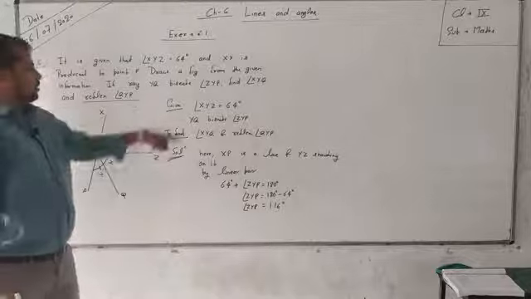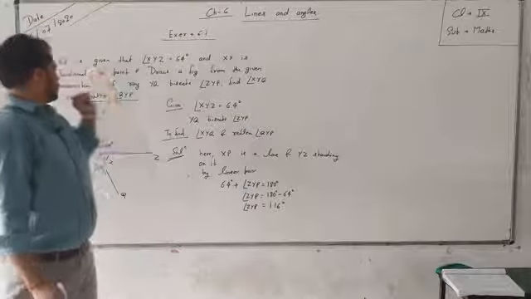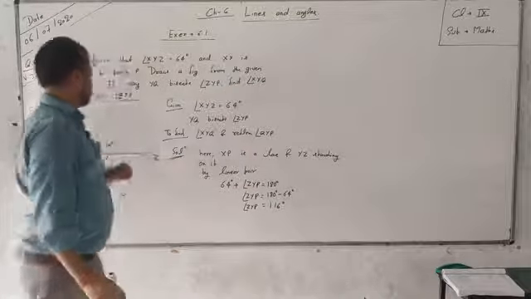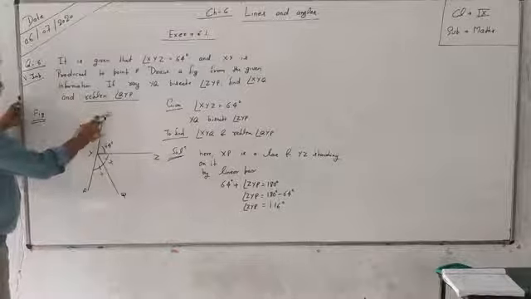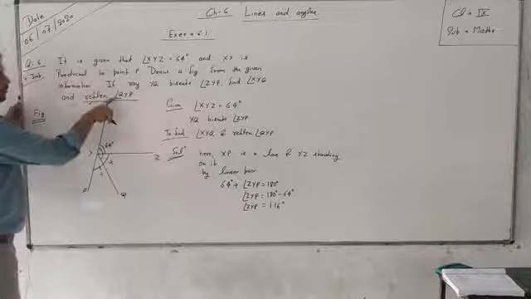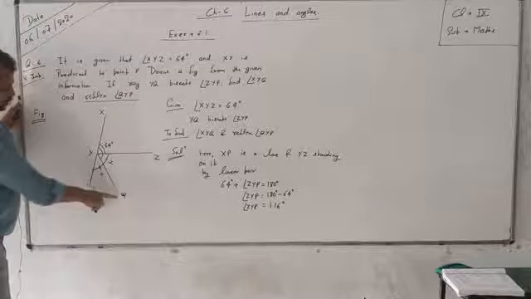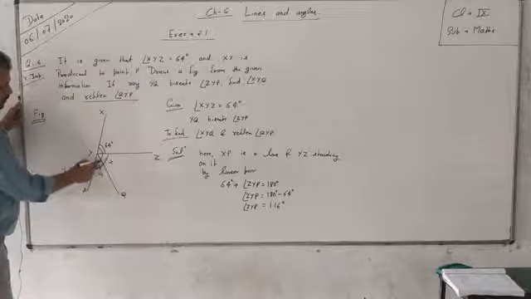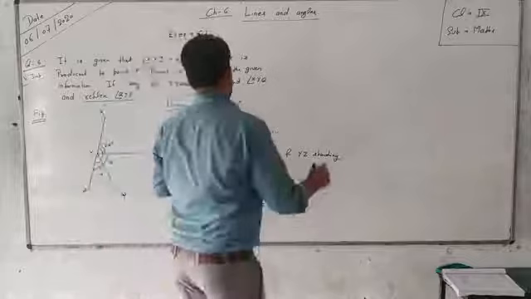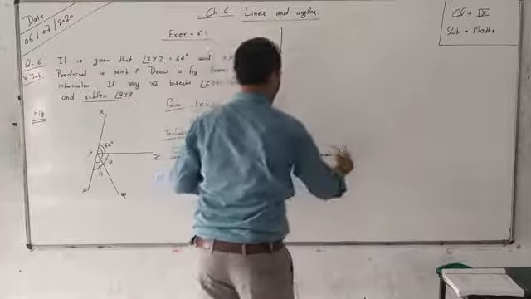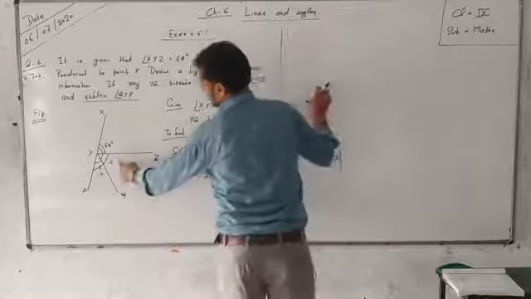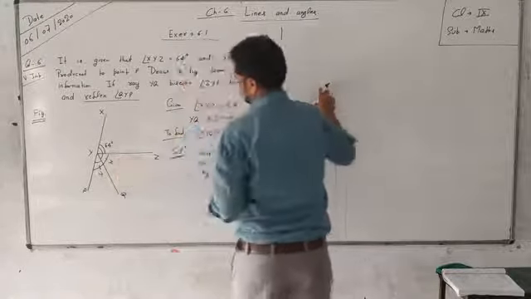So first answer you got, sorry, not first answer. You have to find first angle XYQ. Where is XYQ? XYQ means this angle. And reflex of QYP. Where is QYP? QYP means this. Okay. So this thing came. Now we are going to calculate what? This value, X.